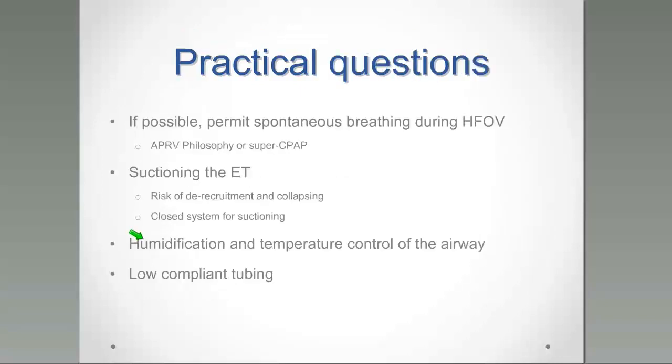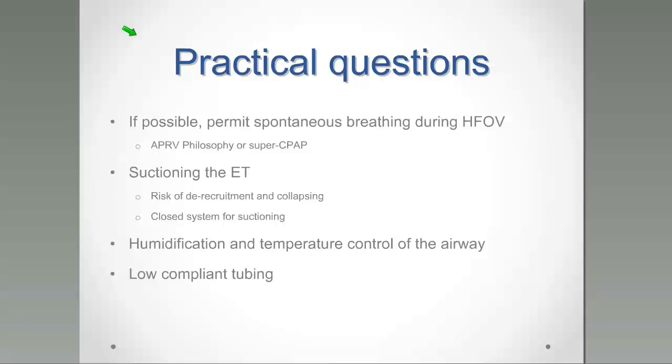So, some practical points and questions about high-frequency ventilation. If possible, we permit spontaneous breathing during high-frequency ventilation. We do not paralyze the babies. We try to keep the baby breathing spontaneously, because this is the super CPAP philosophy, or the philosophy of APRV ventilation: we keep the lung open and the baby can breathe spontaneously if he or she can